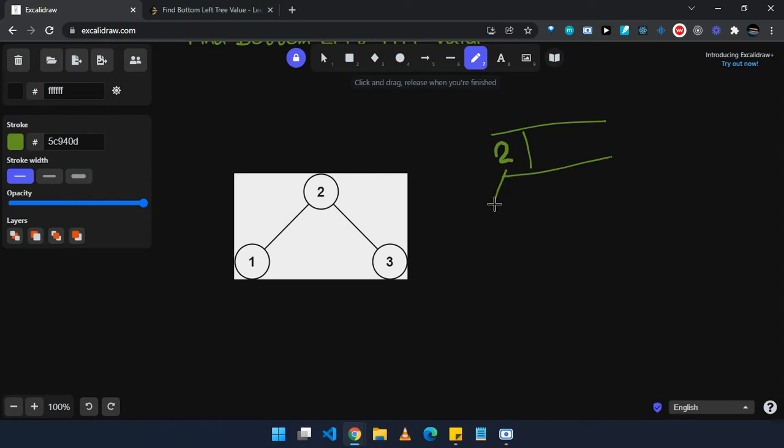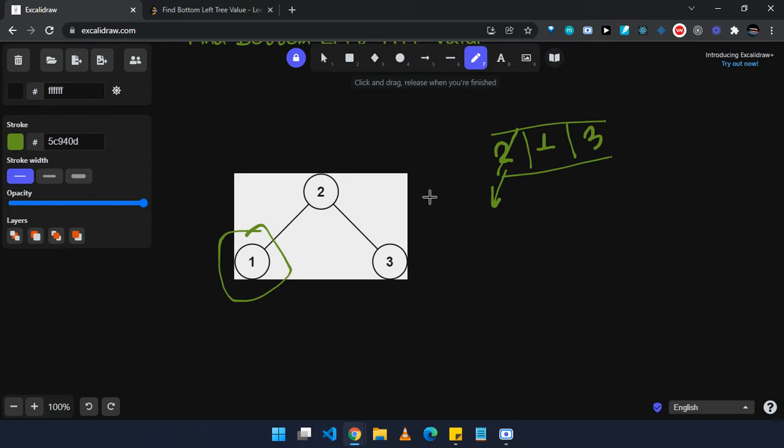So we will pop 2 from here, and we will push all its neighbors. Two will be popped, and the neighbors will be 1, then 3. And we know that our answer will be the first element of each level.